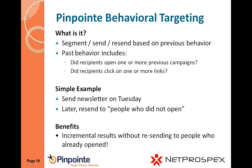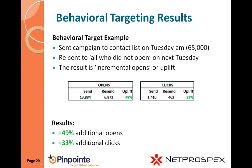And the second benefit is the people who got the email aren't getting yet another email. So you're not over communicating. You're being very wise, or cautious, in how you're communicating with your recipients. So here's the results. What we did is, as I mentioned, we sent the first contact list on Tuesday morning